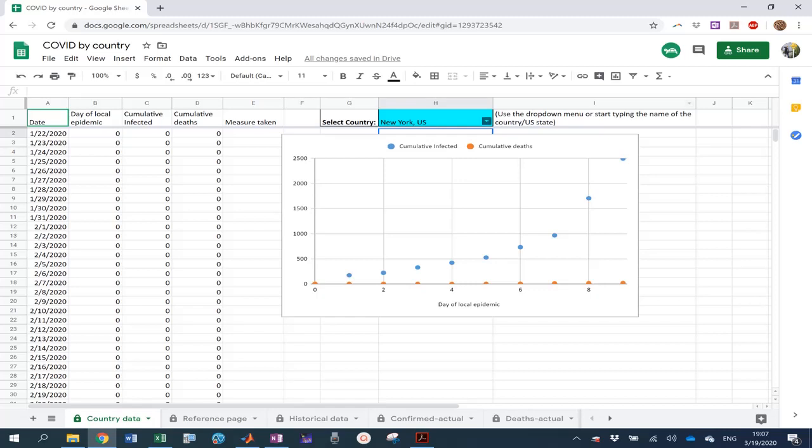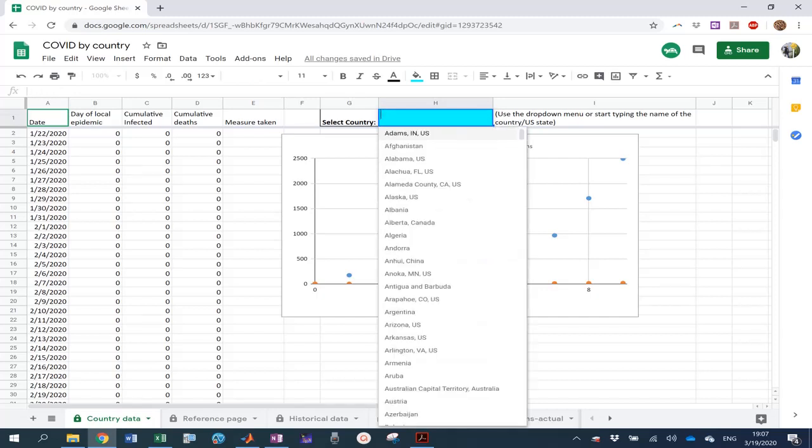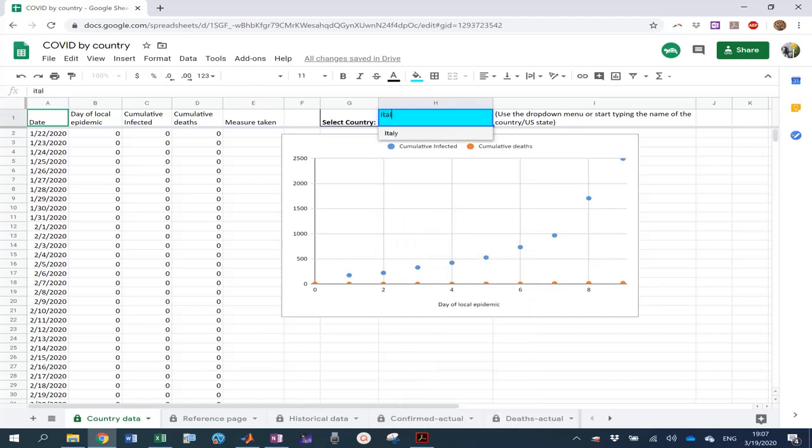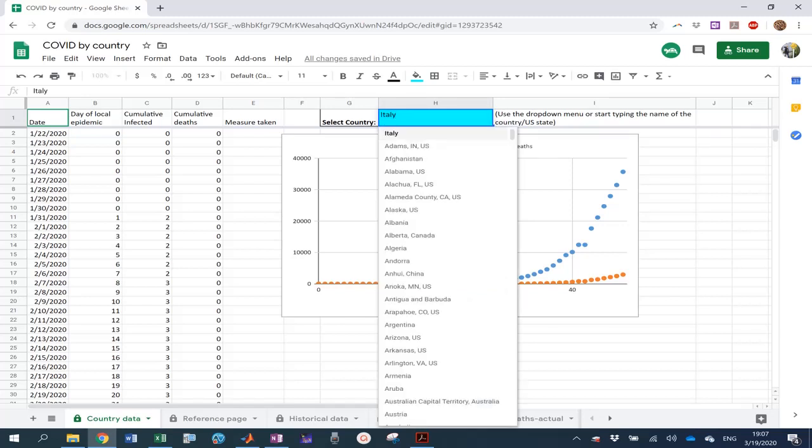What it allows us to do is select a particular country or state if you're talking about the United States. So let's look at Italy for a moment. The reason I'm doing this is not to scare people, but to then tie it back to the model that you saw just a moment ago. This is the data from Italy, and what it shows is the confirmed cases, cumulative infected cases, and the deaths due to the virus. The reason that I'm showing this to you is so that we start to get a sense of where we are on the curve, because that's going to prove to be really important.